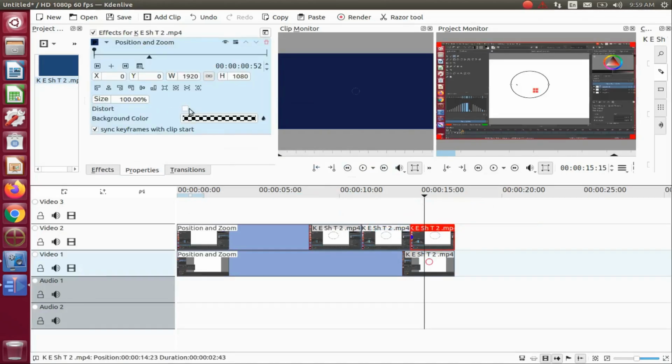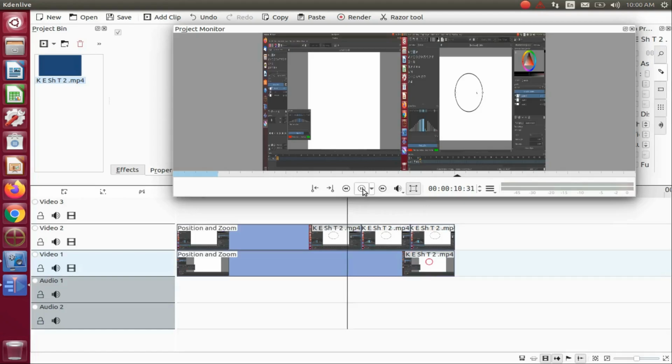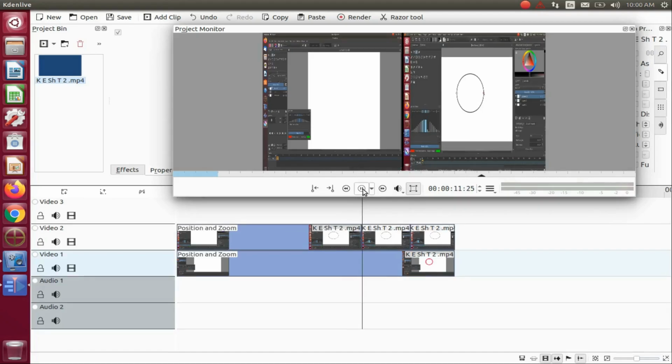In the Kdenlive Effects Properties window, put a check mark in the Distort box, and then unlock the aspect ratio. Go to the Kdenlive Project Monitor, grabbing the proper square, moving it to the proper place, mine being the halfway point. Then you can give it a playback, and in doing so, may notice a jump in size one way or the other,